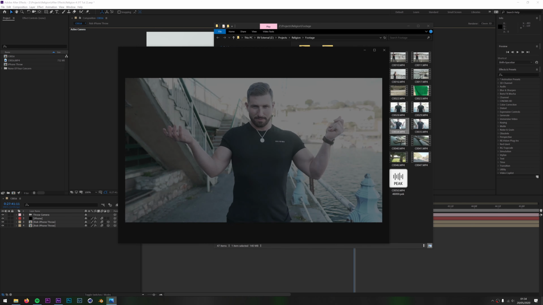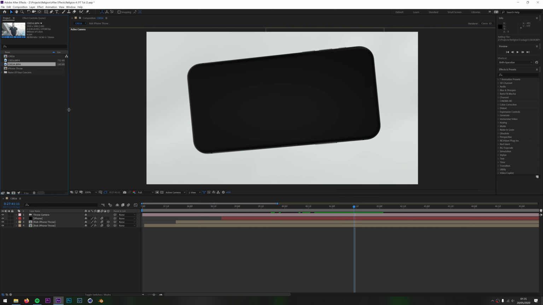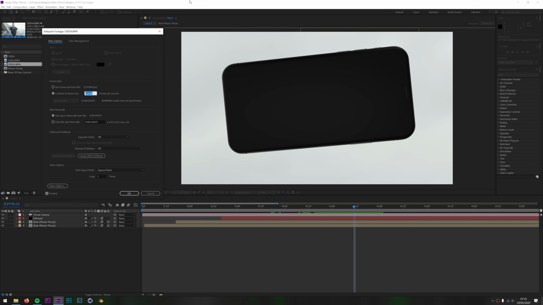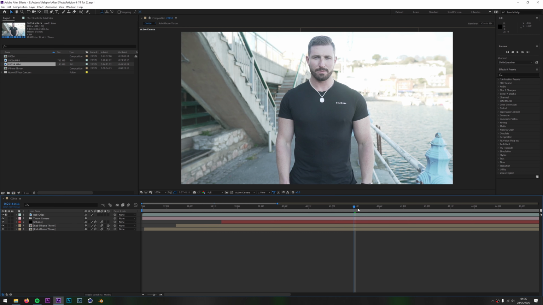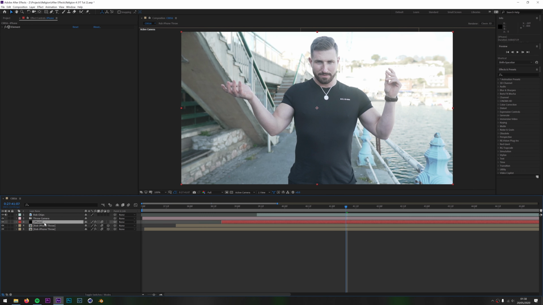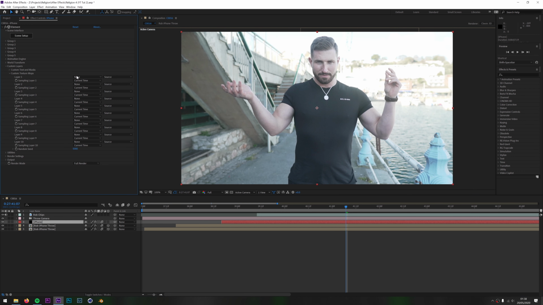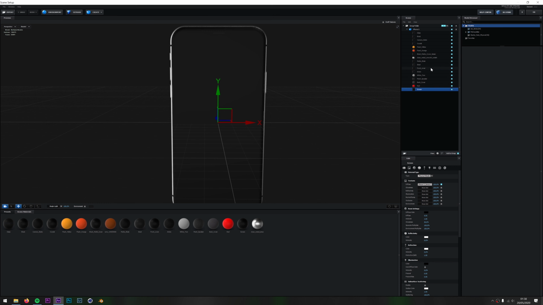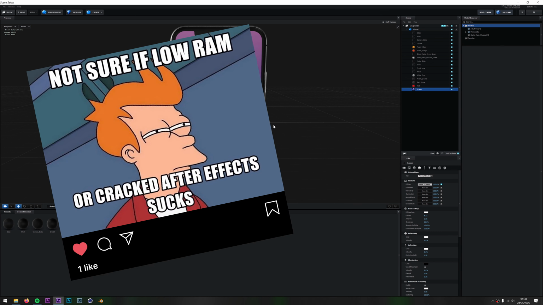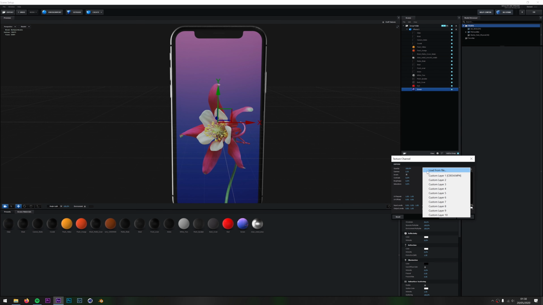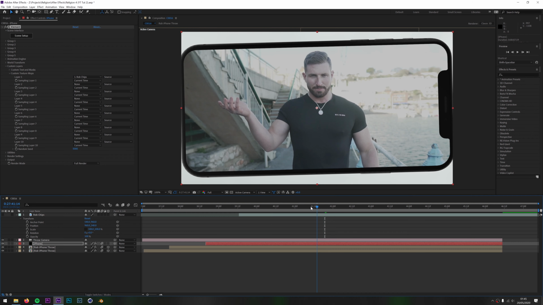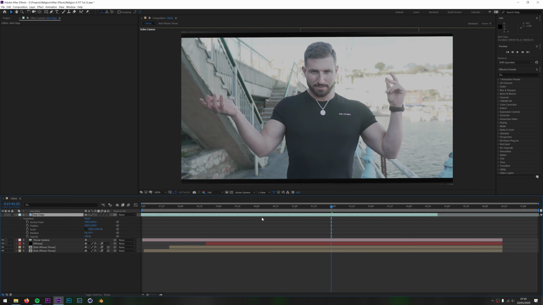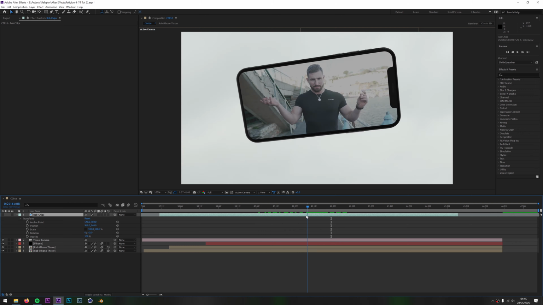Find the next clip of your bestie and drag it into After Effects. Change the frame rate to you know what. Slap it into your comp, give it a name, and then trim it to the part you want to use. Go to your iPhone layer and go to Custom Layers, and then select that layer, current time, source. Go to your scene, go to your screen, post a meme, and change the colour to white. Then hit up textures, go to Custom Layer 1, load in that video, and then hit OK. Turn that layer off, then play it back. Then just drag that layer around in the composition to get the timing right.